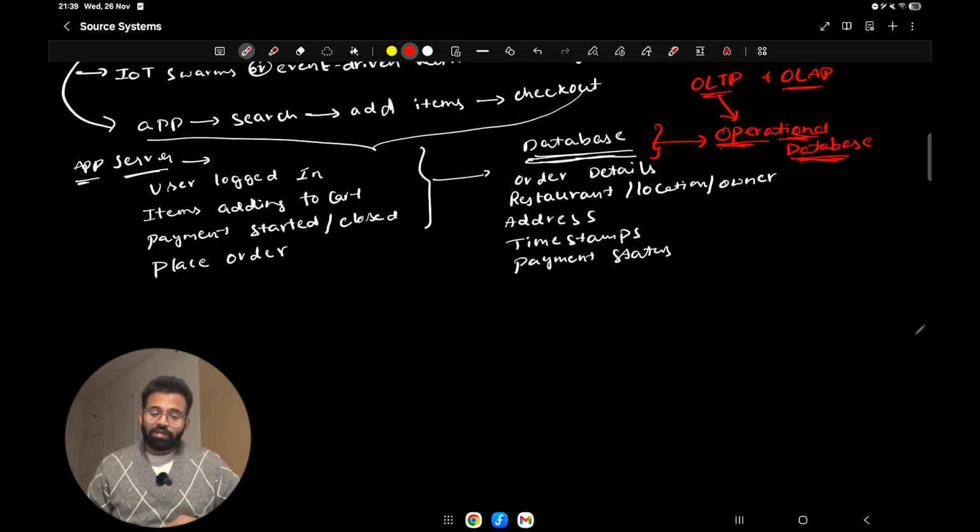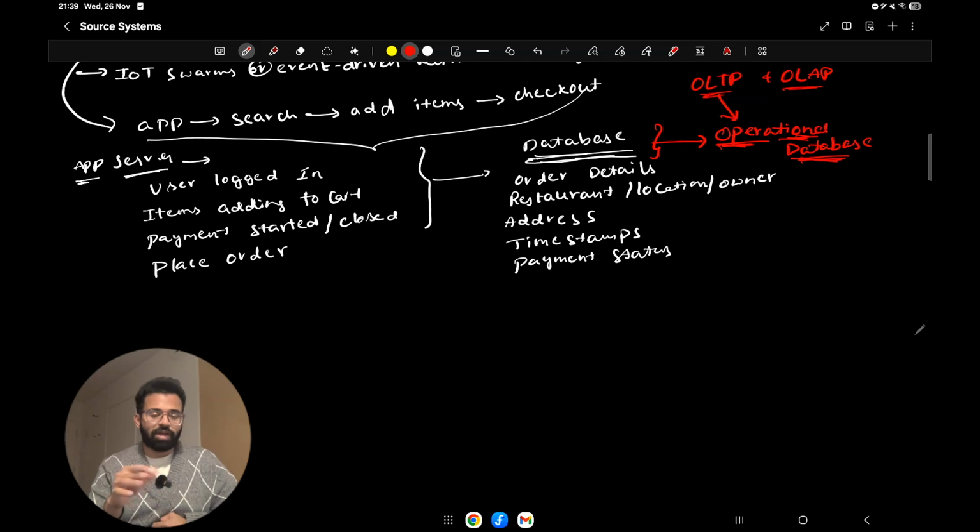Obviously you don't have a data platform, but your company's data will be getting stored in some place, hopefully. And then you have to get the data into your data platform. If you don't have a data platform, you have to make one. And then you need to go to the database, or basically the operational database in this case, where your data is getting stored, and connect to it.